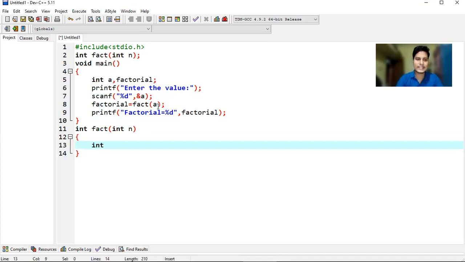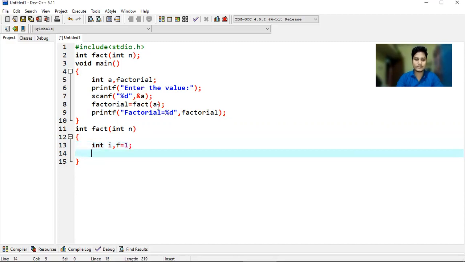So here inside the function definition, I'm declaring two variables. One is i, another is f. And to the variable f, I'm assigning the initialization value 1. Then for i equal to 1, semicolon, i less than equal to n, semicolon, i plus plus.